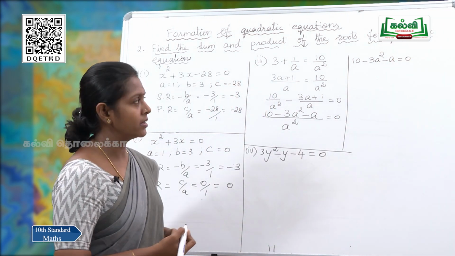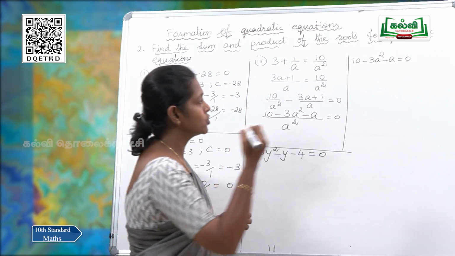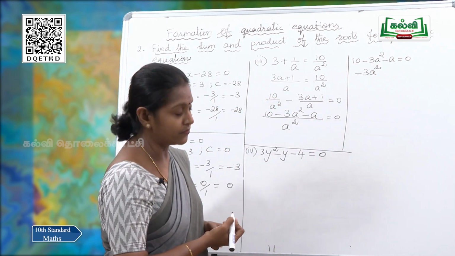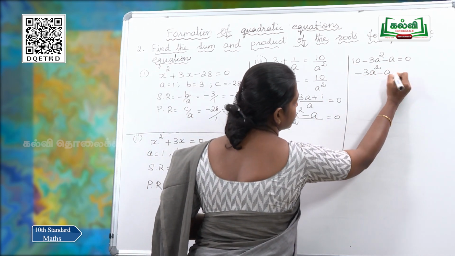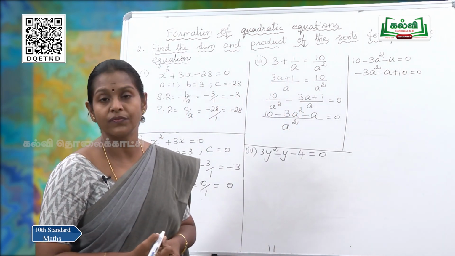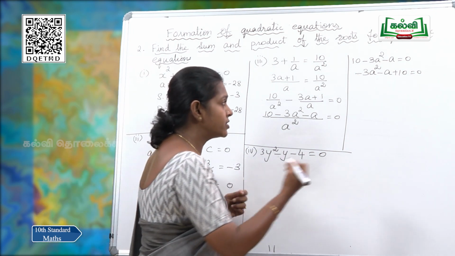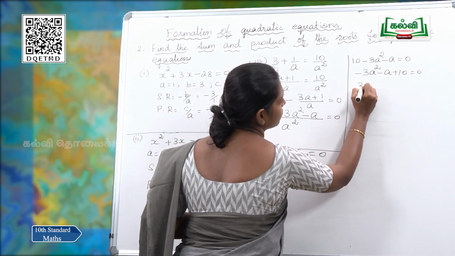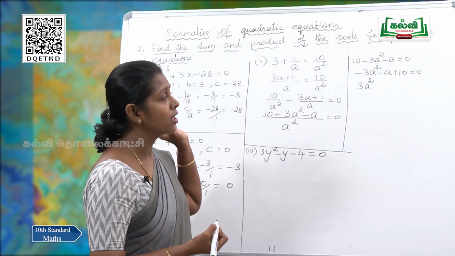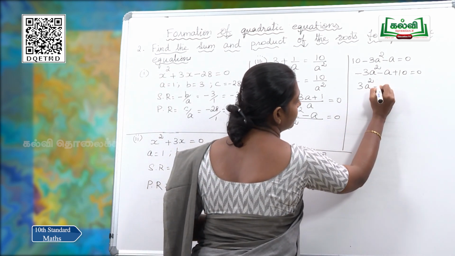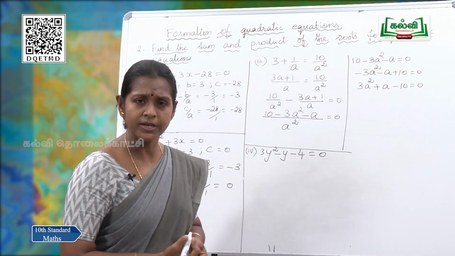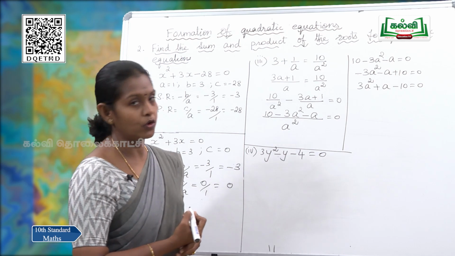Now we have simplified, but it is not in order. We have to change it. Minus 3A squared term first, then the A term, then the constant term, and that too the coefficient of A squared is a negative number, so we have to change that also. That is why we write 3A squared. That means I am just multiplying the whole equation by minus. You will get 3A squared plus A minus 10, which is equal to 0. Now it is in the form of the general equation of the quadratic polynomial, no children.